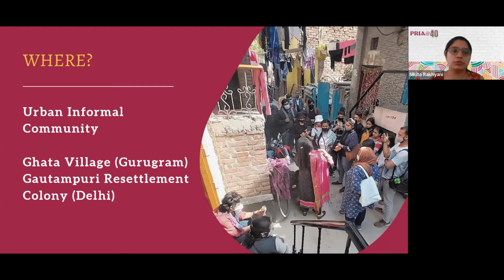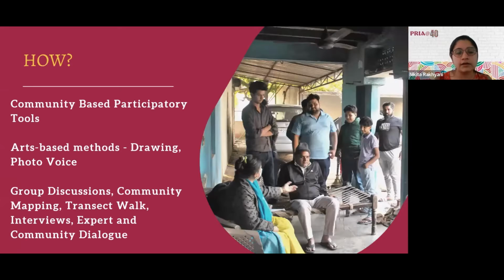What exactly did we do, I would like to share about that. So we used a range of community-based participatory tools to engage with the community and to understand what they're doing, what their experiences are. Through these art-based methods, we wanted to involve community members in their own risk and vulnerability assessment so that they can also learn to cope with the inadequacy of water access, the water shortage they're dealing with, and also identify ways by which they can restore local water bodies, harvest rainwater and do small activities, and also become part of this co-planning